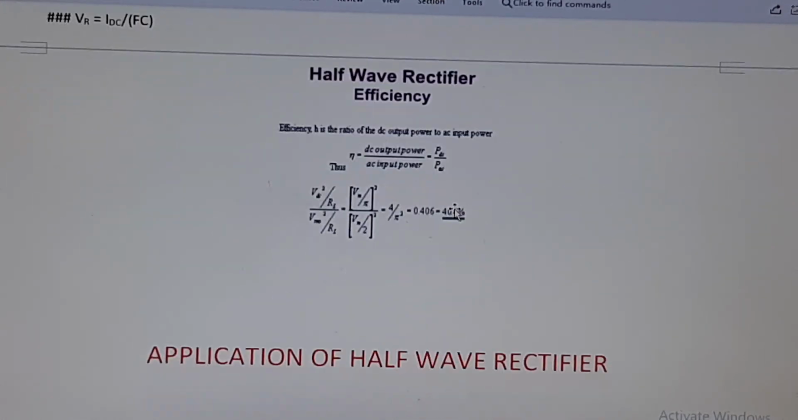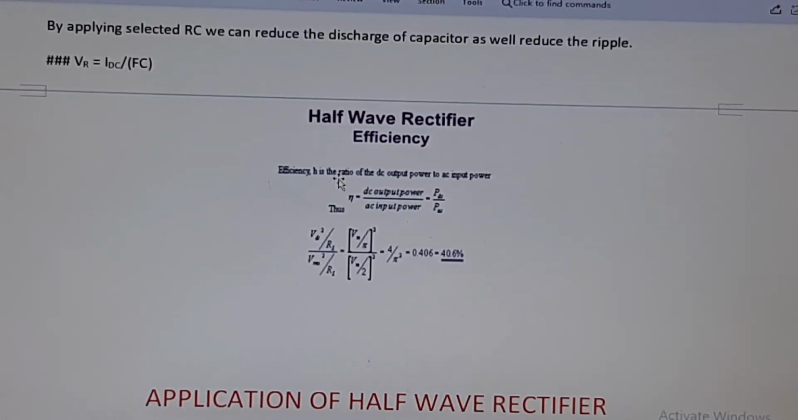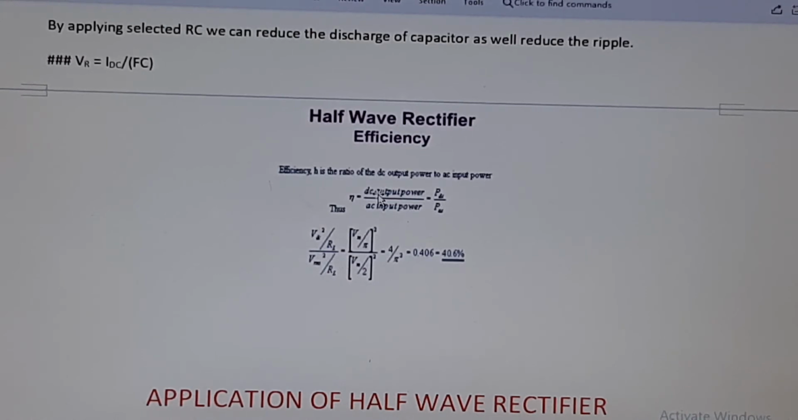Next, we move to the efficiency of the half-wave rectifier. This is a new topic. The efficiency of a half-wave rectifier is the ratio between the DC output power and the AC input power. Here we can see, if we apply V_DC square by RL for the DC output power, and for the AC power V square by R,